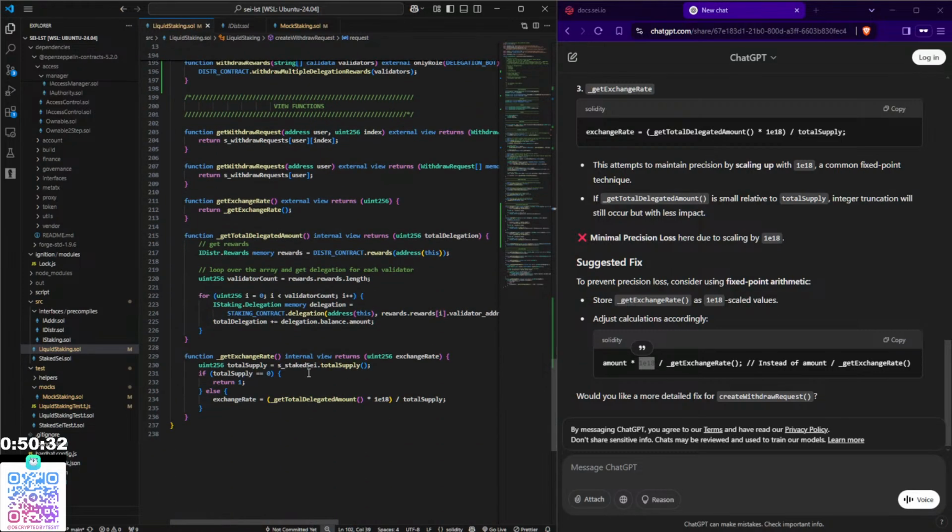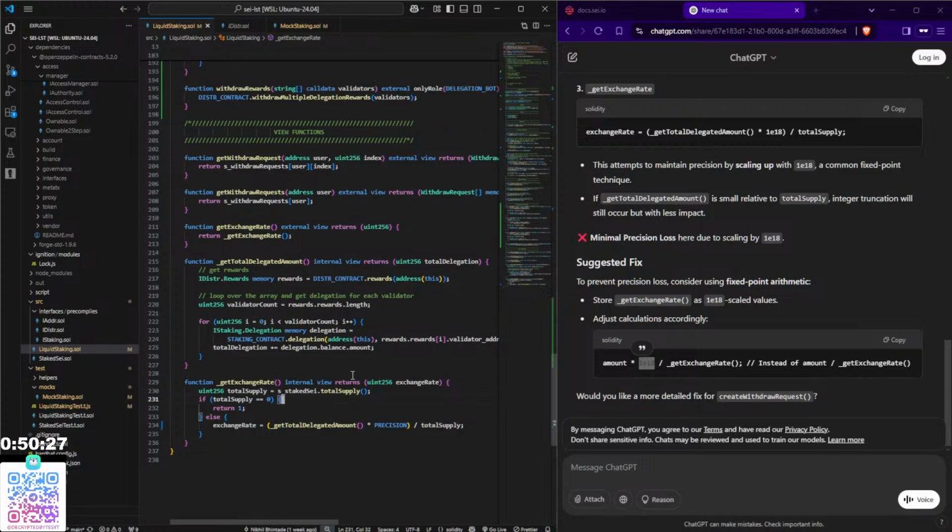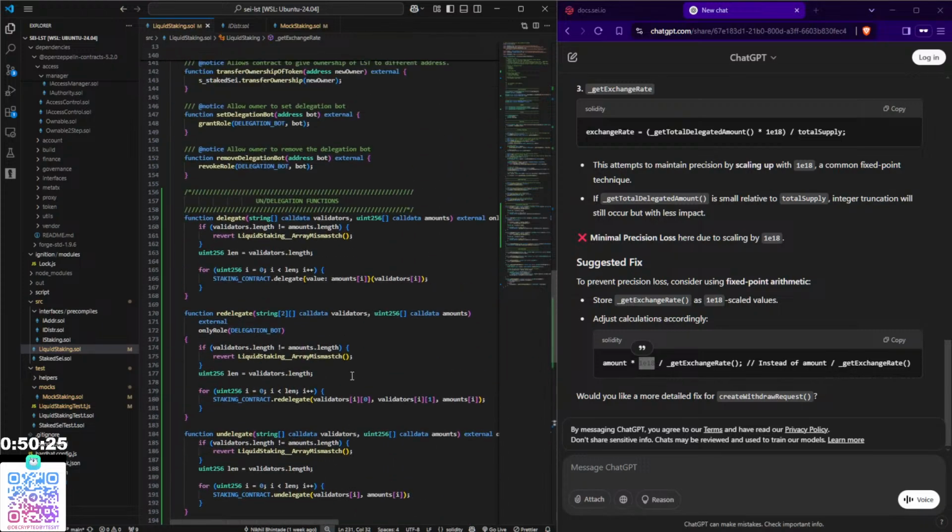And at the bottom here we also should create,